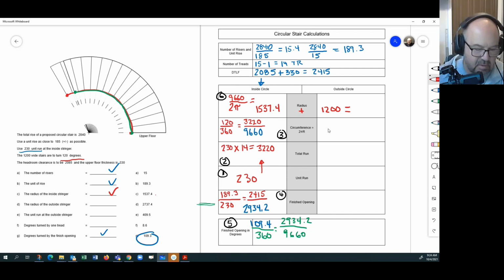The more you do this, the more you realize that you can just keep using numbers in your calculator. 2737.4 is the outside circle radius. And then I'm going to take that, multiply it by 2 pi. See, now we're going downhill again, and it's just like the first problem. 17199.8. And then that's the full circumference. The full circumference is indeed 360 degrees,